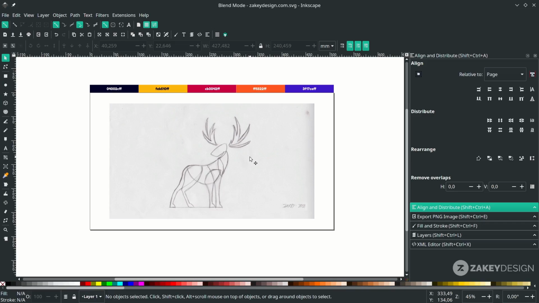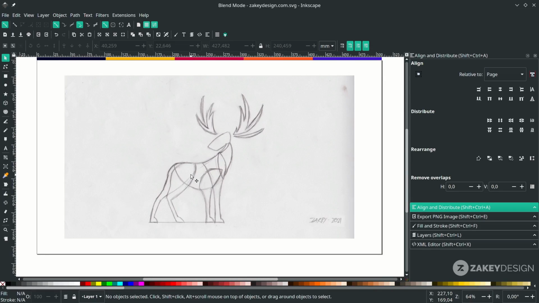You saw in my previous video how to create a logo from images, that flamingo bird. At the end of the video, I said that there are many ways to create a logo, and this time we're using a sketch. This is my beginner sketch. Let's try to trace it with Inkscape.